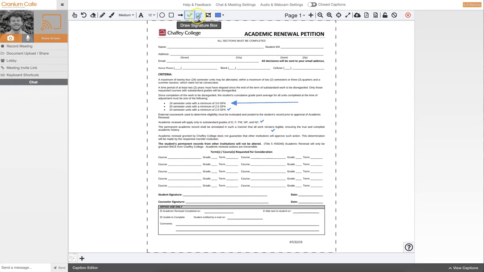Signature box. This is a really helpful tool as well. So in the case of when you're working on, this is a perfect example, the academic renewal, as you're going through the form, you input the right courses on here, you type the courses in that you're going to be alleviating with this form, and then down here at the bottom, you'll notice that we do need a signature from the student. So if you click this Draw Signature Box tool here,